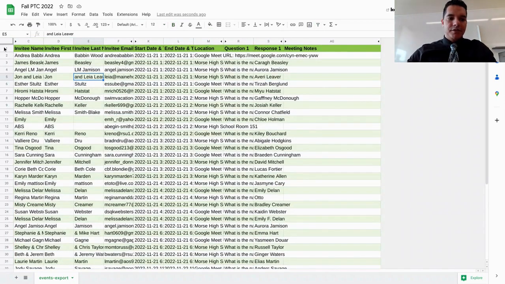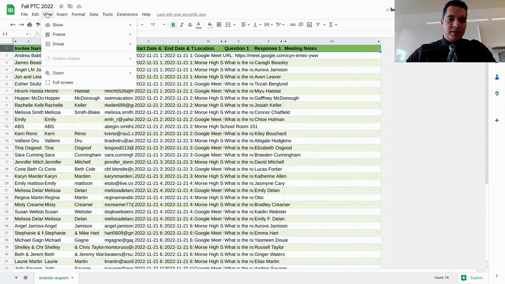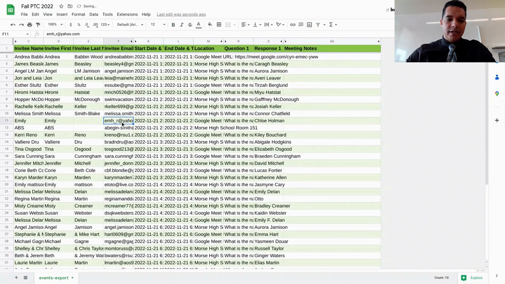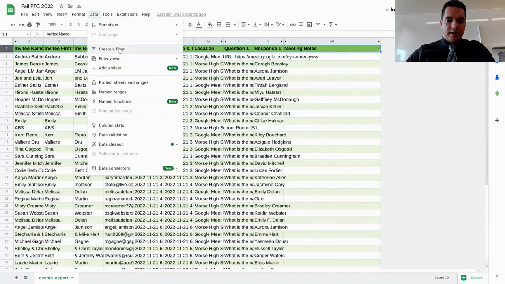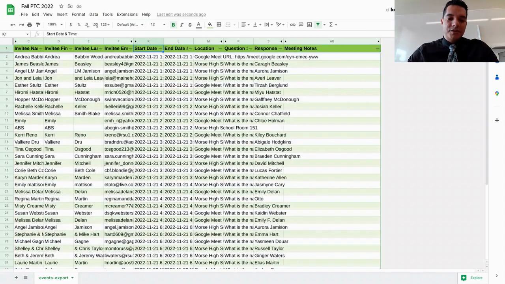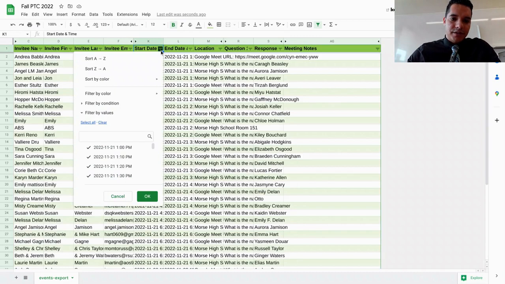The next step I'd like to do is I'm going to select this top row here and I'm going to freeze it. That just makes it so that if I go to view, I hit freeze on row one, as I scroll down through my data, it keeps that top row frozen in place. Additionally, we're going to select that top row again and go to data and hit create a filter. Creating filters, some of you may be familiar with, but it is a really great way of just organizing the data. Once you have the filters in place, if you click those three little lines here, you can organize your data